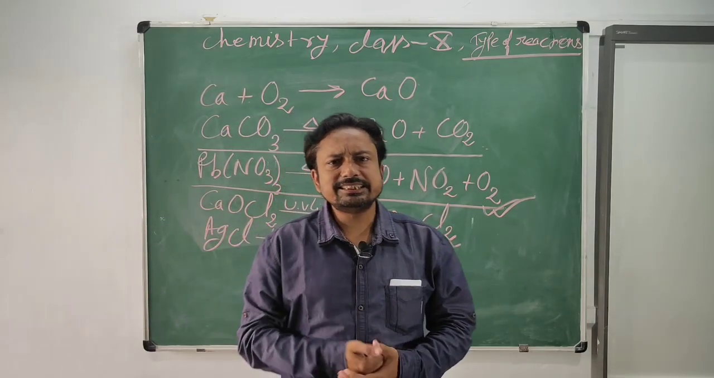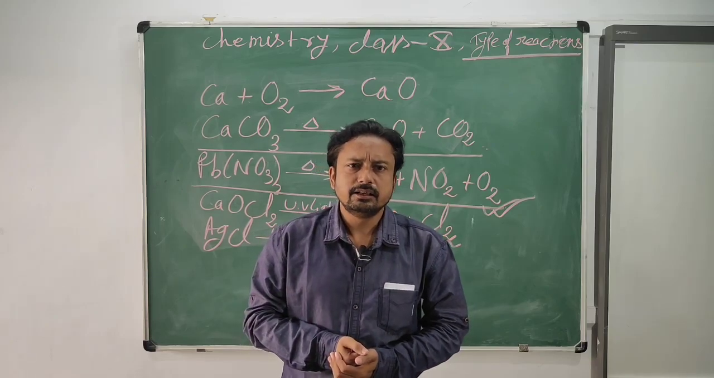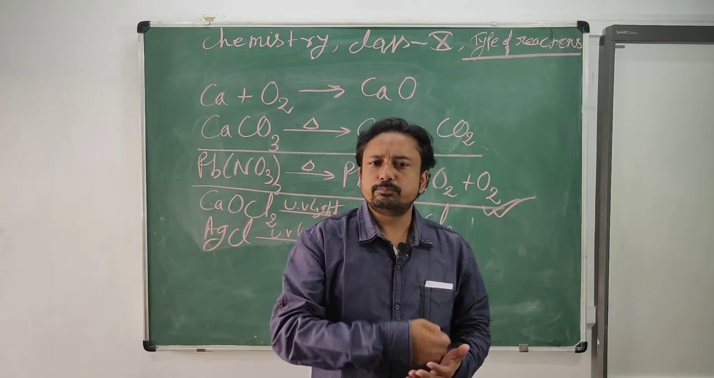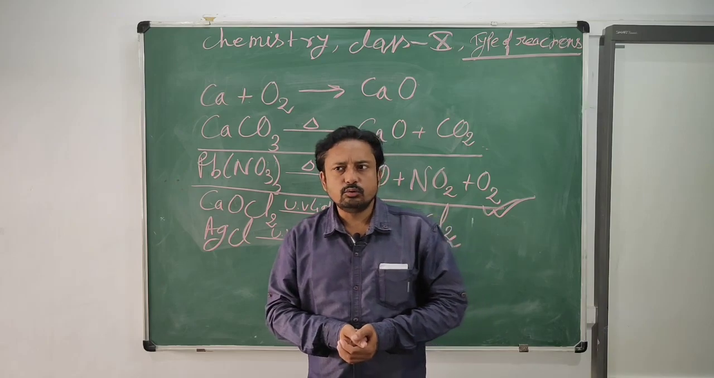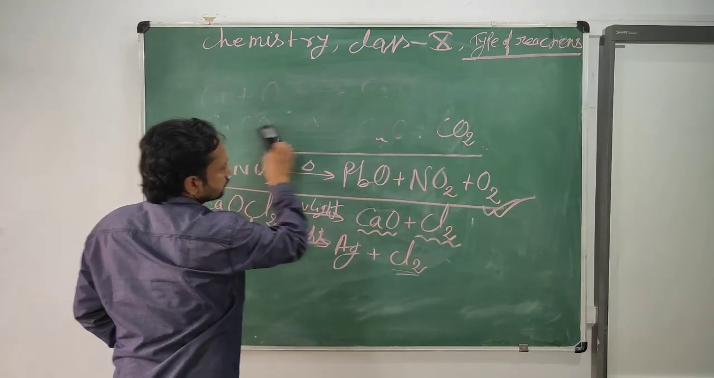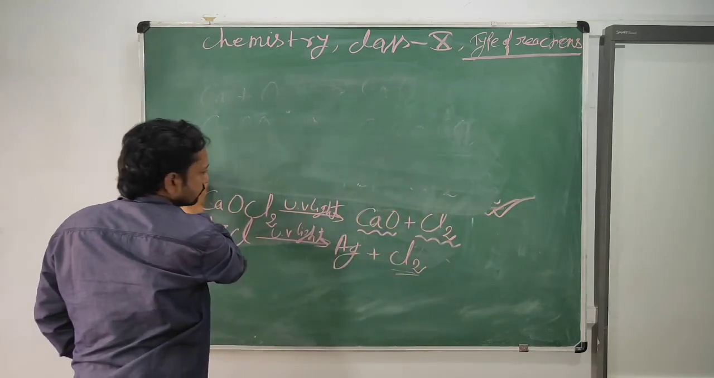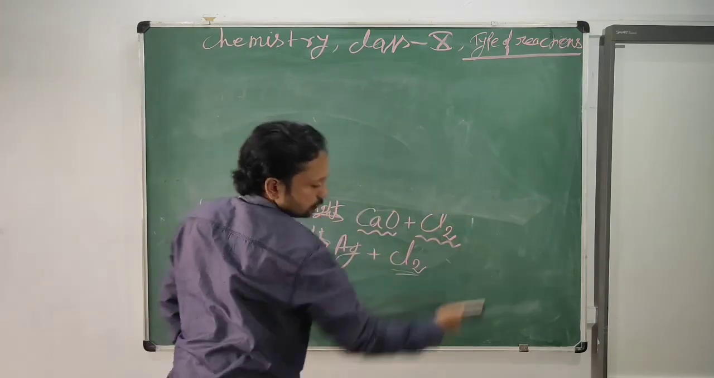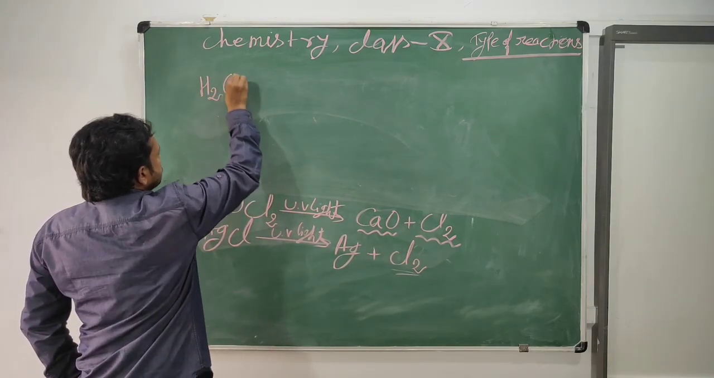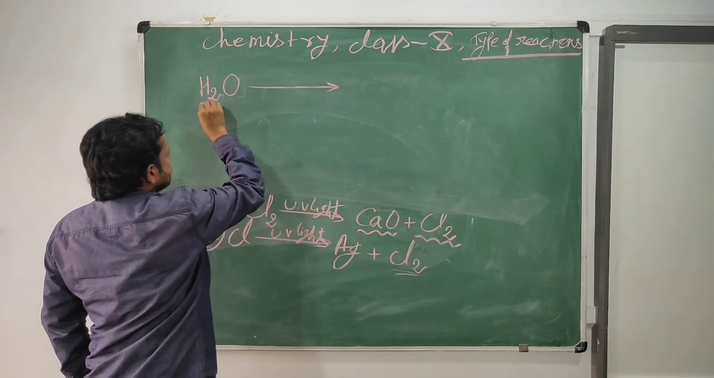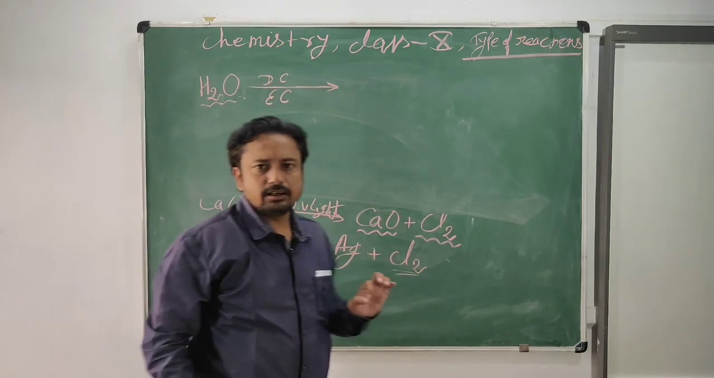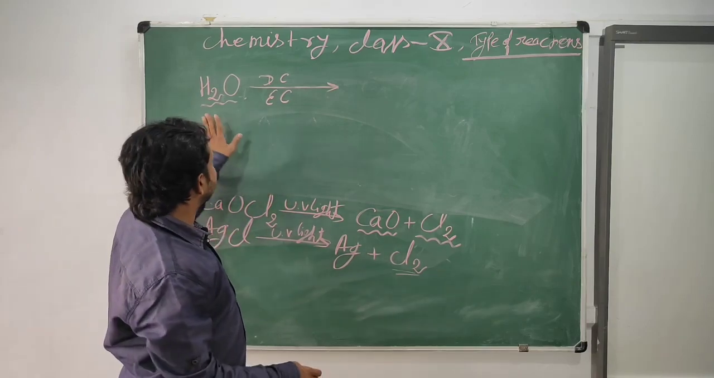If this decomposition is initiated with the help of electric current, then such decomposition reactions are known as electrical decomposition, also termed as electrolysis. So example of electrolysis is water, DC electric supply, and just we added a small amount of either acid, base or salt in water, because we